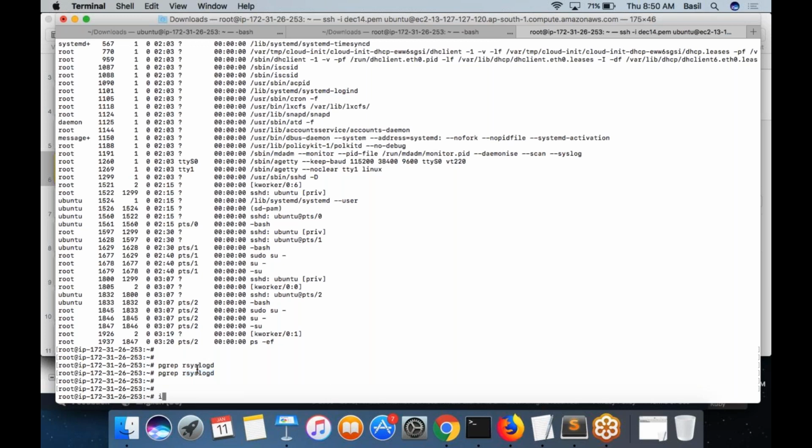So I want to write an if condition in my bash script to check if this particular process is running or not. If it is running, I don't want to do anything because it's all looking good. If it is not running, I want to start it because otherwise it is going to be a problem. I want this critical process to be running in my Linux system all the time.